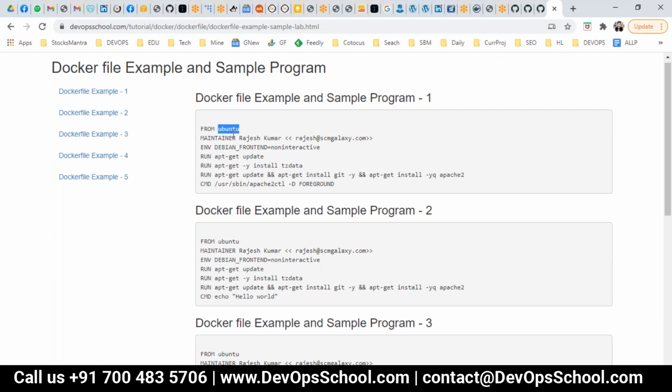You decide what command you want to run, so that executable should be there. Let's say if you're running a Perl command here, then Perl should be there in the base image. So you have to decide accordingly. Make sure that whatever the executable, command or tool you want to call, it should be there in the base image or in the earlier layers.